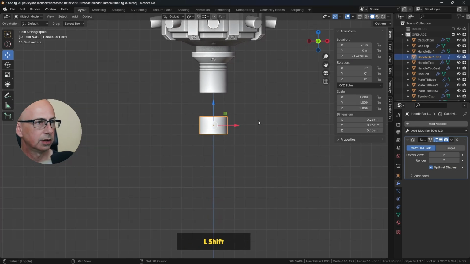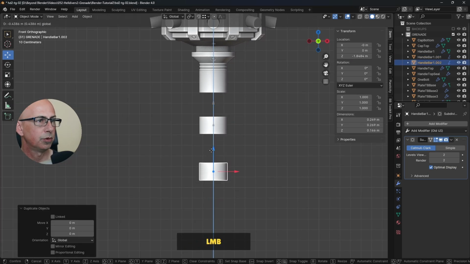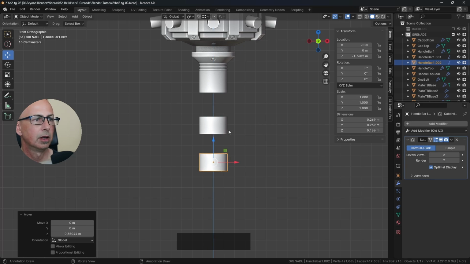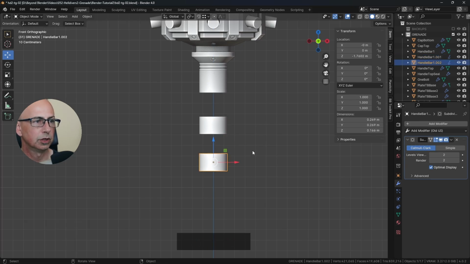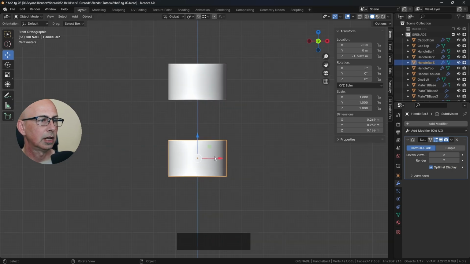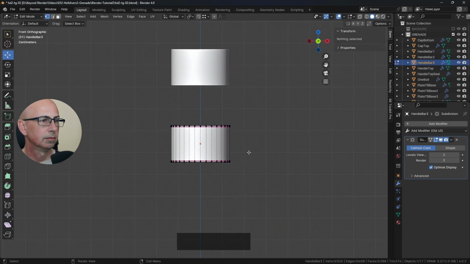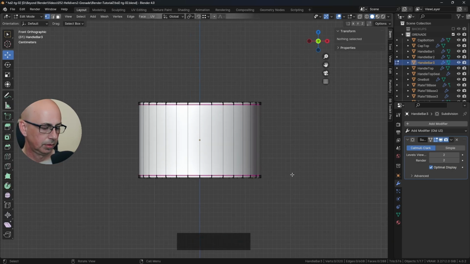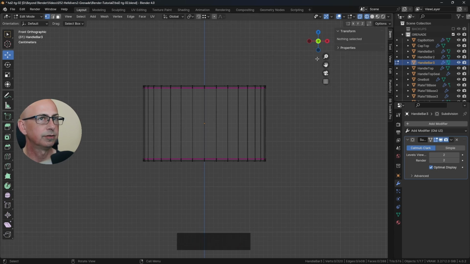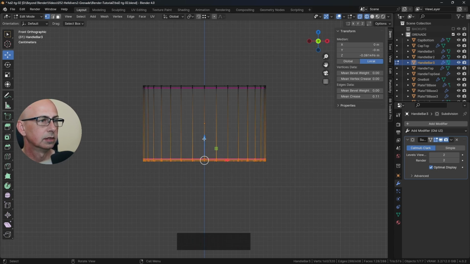Let's copy that again, Shift D, and bring it down. I don't really know where I'm putting these right now, just put them anywhere. So this is the second one, let's call that bar 2. And bar 3. Let's tab into edit mode. Front view, X-ray on or wireframe. Select these and move them up,